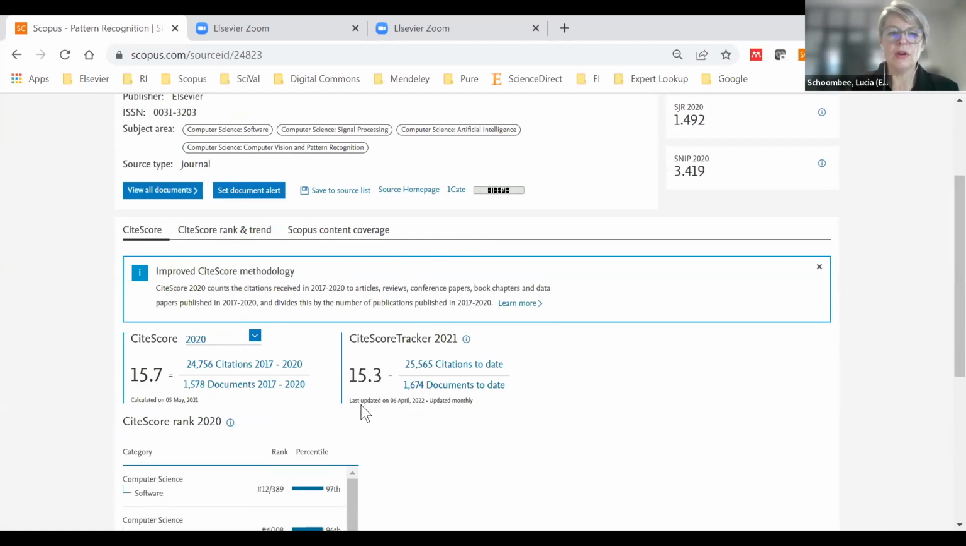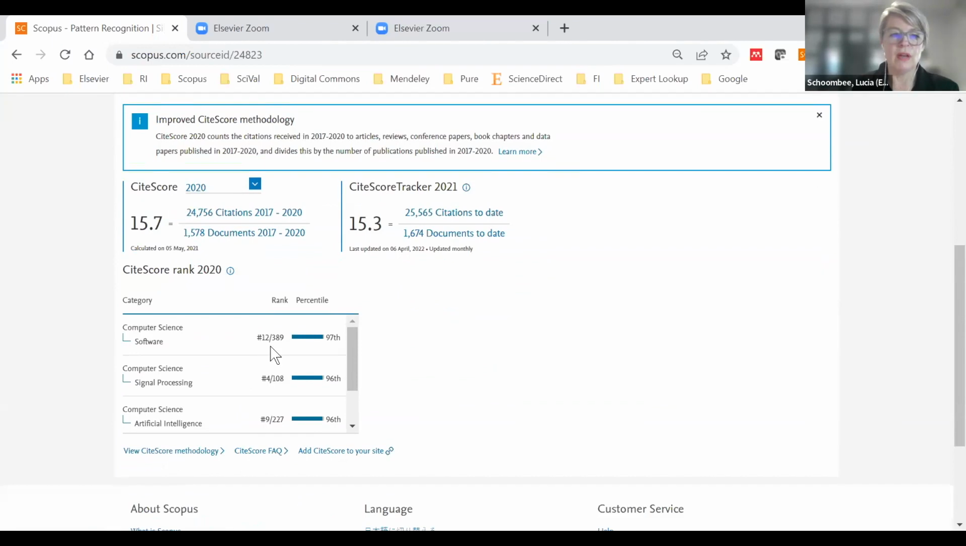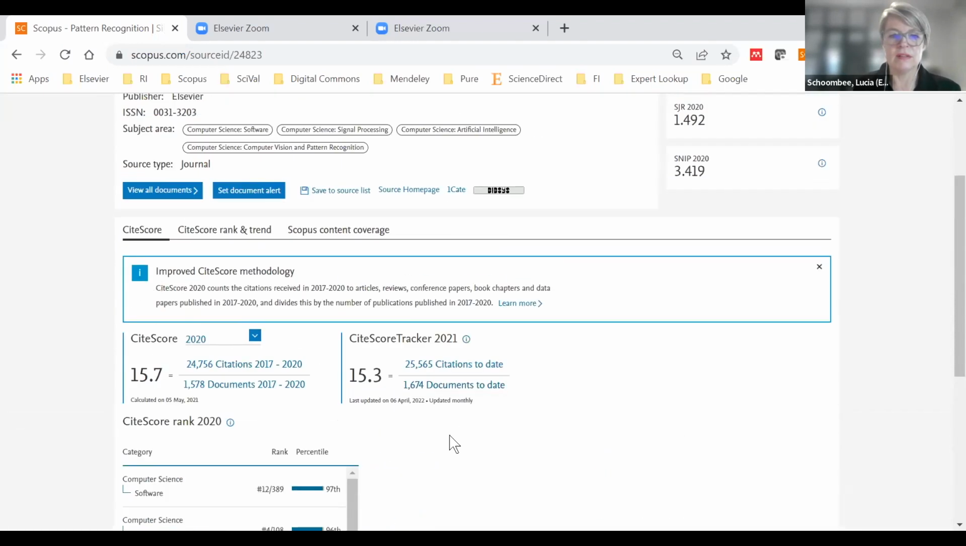Right, so then it gives you an overview of the calculation, the CiteScore tracker, the CiteScore rank also. So this journal is number 12 of 389 journals within computer science focusing on software. It's number 4 in signal processing. It's number 9 by CiteScore in terms of artificial intelligence. So a very nice overview then of how the metric is calculated, and then also the rank of the journal